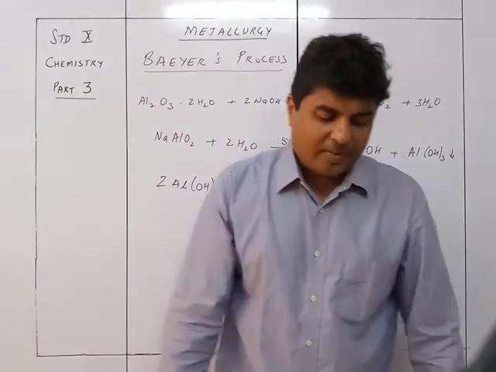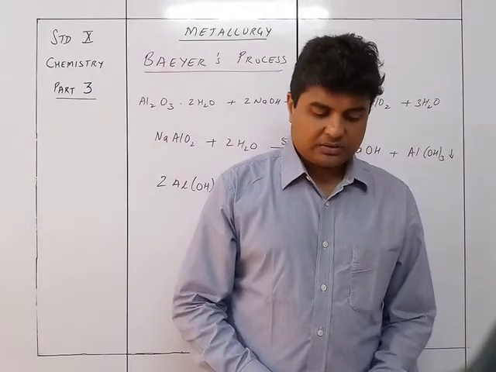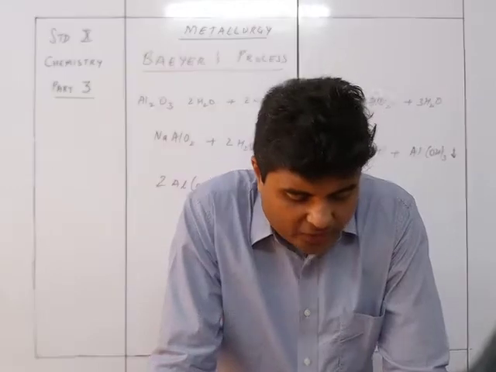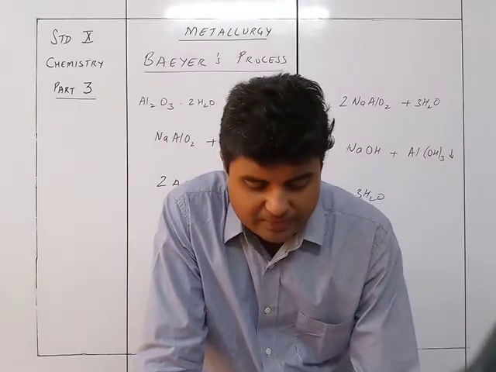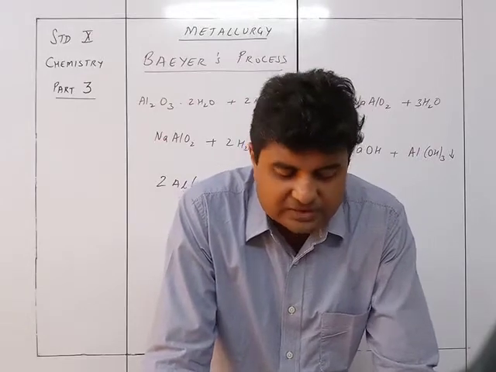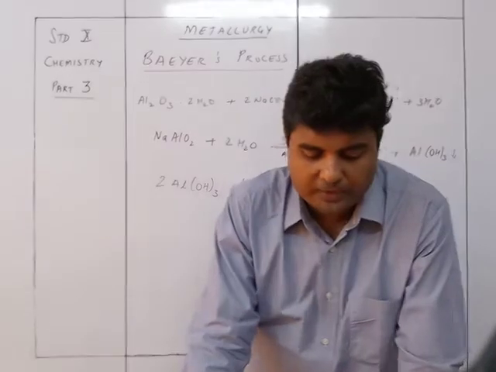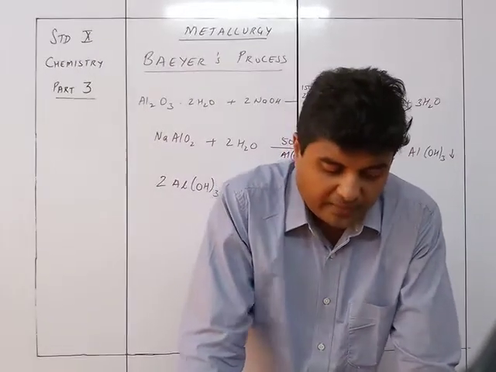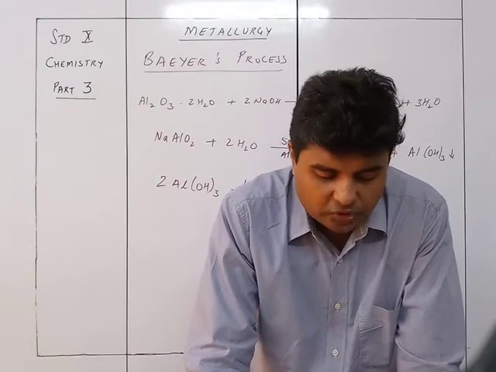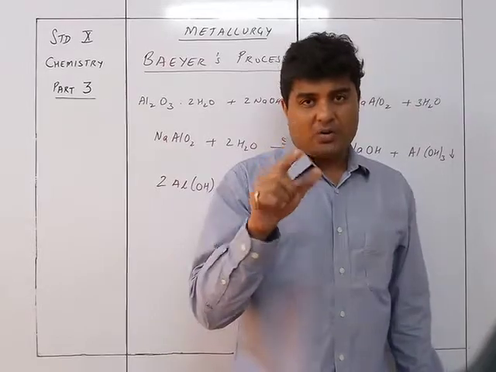Of course, there is an alternative method to this, and that is the dressing of the ore by Hall's process: removal of impurities, that is, conversion of impure bauxite into sodium aluminate by heating with sodium carbonate. So you are taking Al2O3.2H2O plus Na2CO3 with heat to give NaAlO2 plus O2 plus H2O plus CO2, and passage of the carbon dioxide into sodium aluminate solution, resulting in the precipitation of Al(OH)3.